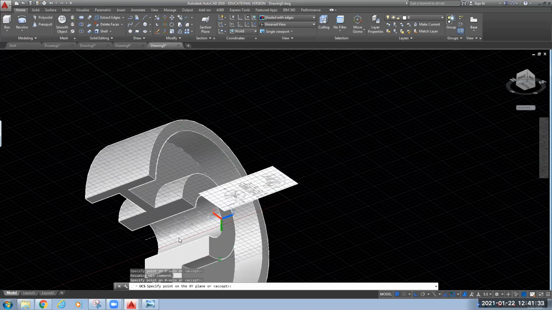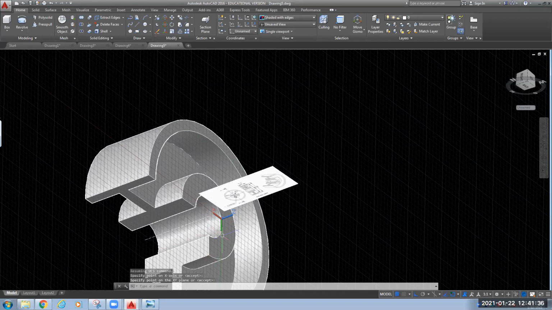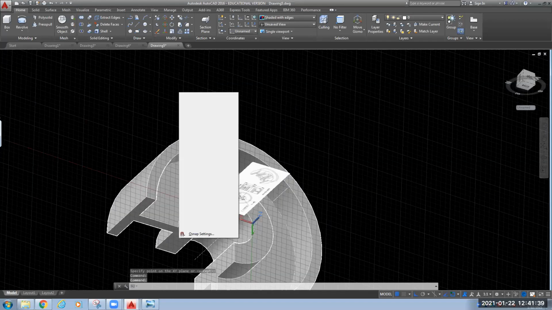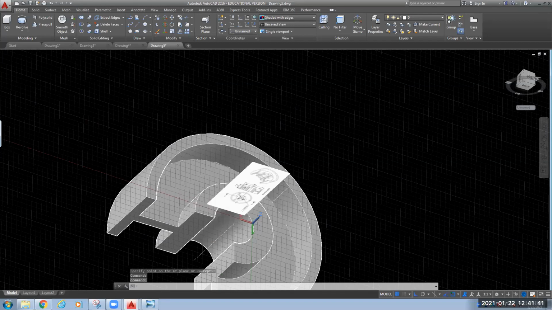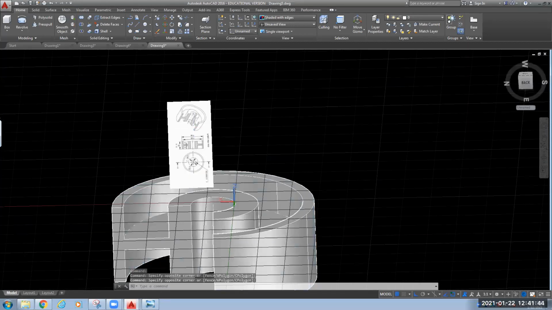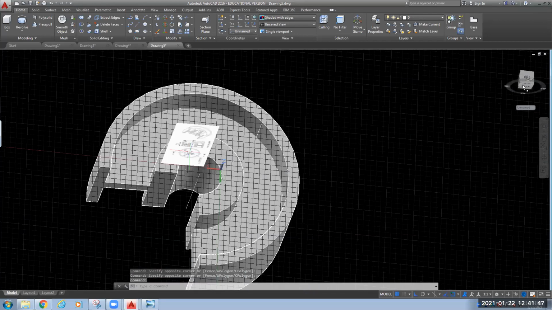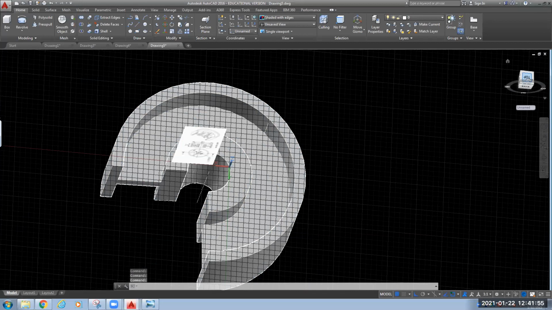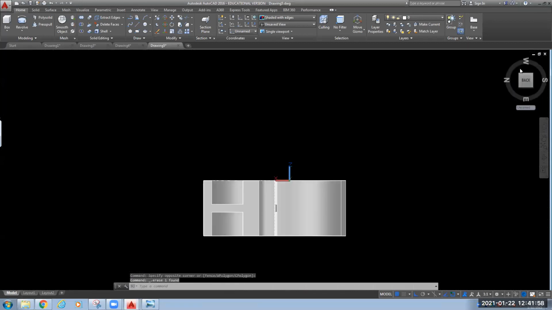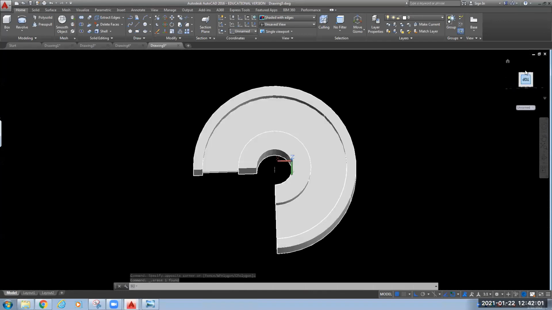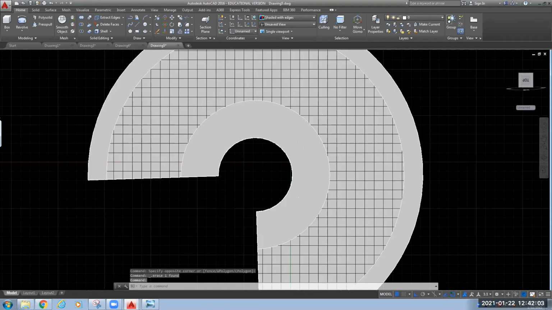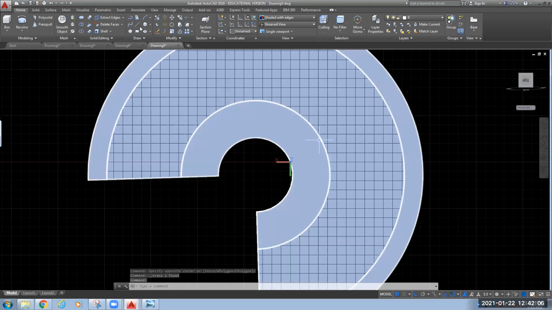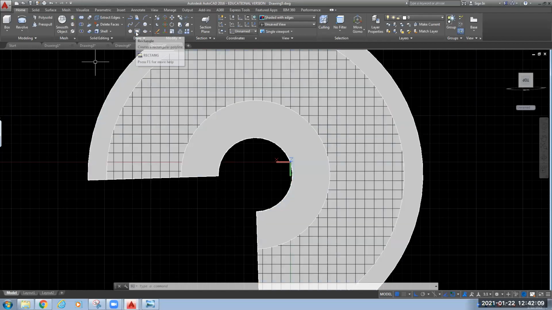Now I will remove this 2D diagram that I have pasted here. For that, I will go to the top. In top view, it is not coming. Okay, now I will delete this. Now go to your top view. And for the keyway, we need to draw one slot that we have to cut. So I will draw one rectangle.